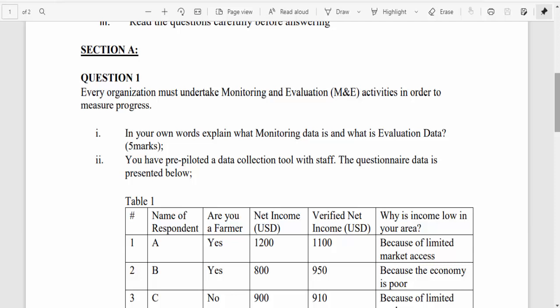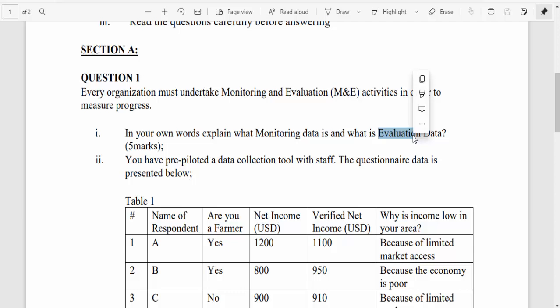Now, this question, guys, shouldn't confuse you because it's more like a quiz. It's trying to trick you. But we all know that data has a standard definition. The only difference here is that this data is derived from the monitoring that you undertake, and this data is derived from the evaluation. So the key is for you to know what monitoring is, know what evaluation is, know when it is done, and know who usually does it.